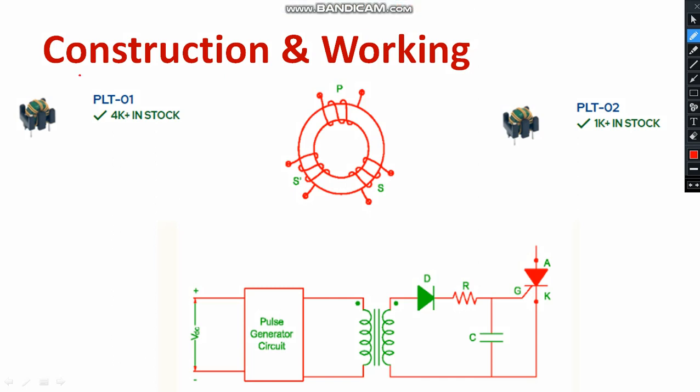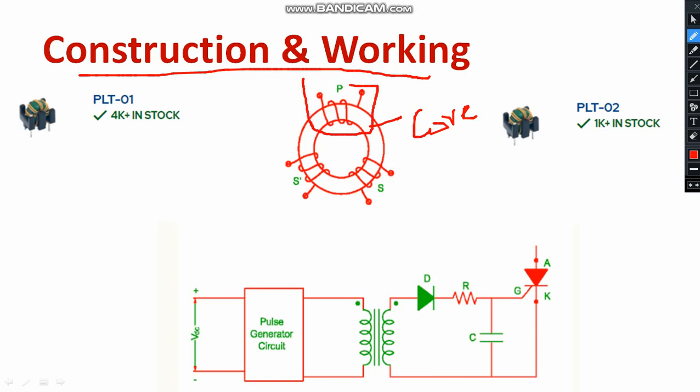When it comes to the structure, I want to explain the construction and working. First of all, you have to see a toroidal shaped core, a circular core. This is your core material. The core is normally made up of ferrite material. As you can see, there is a primary winding. This is your primary winding. And you can take a number of secondaries. There are many secondaries.